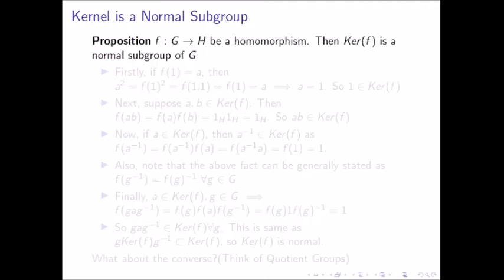So here is a very strong proposition. Earlier we hinted that kernel and image are indeed subgroups of their respective groups. But here we claim something stronger. We claim that the kernel is a normal subgroup of G. So let's prove it. Firstly, if f(1) is equal to a,